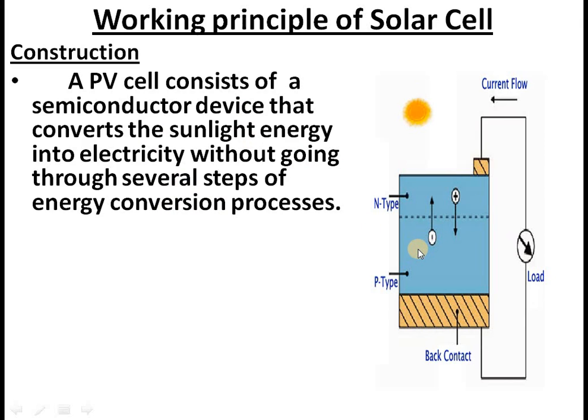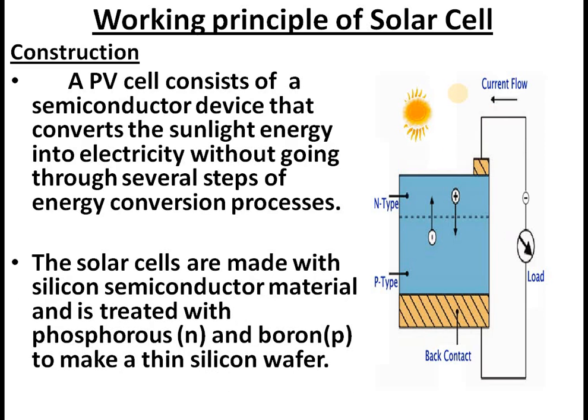Okay, for example, in a solar power tower you have seen that first of all solar energy is used to boil the water, then the boiling water is used to run a turbine, then the turbine finally rotates a generator, and from the generator electricity comes. Here there is no such complexity, it is a very simple process. Solar energy is directly converted into electrical energy. So the process is very simple compared to the other phenomena that we studied earlier.